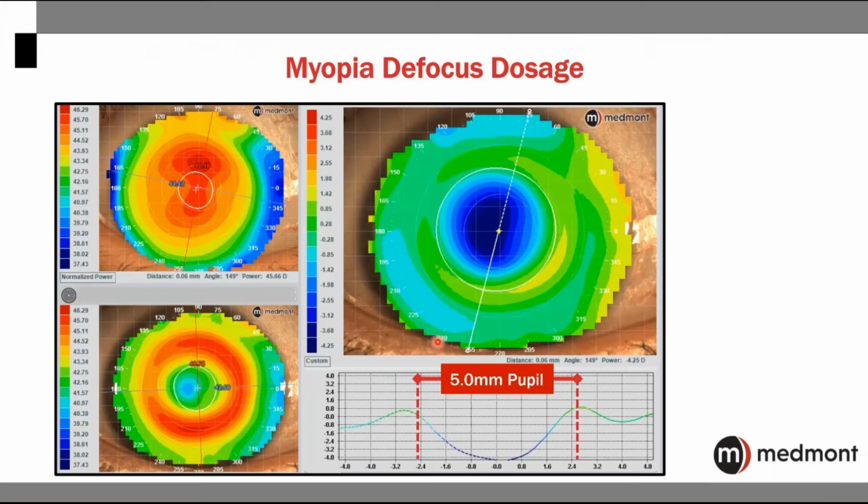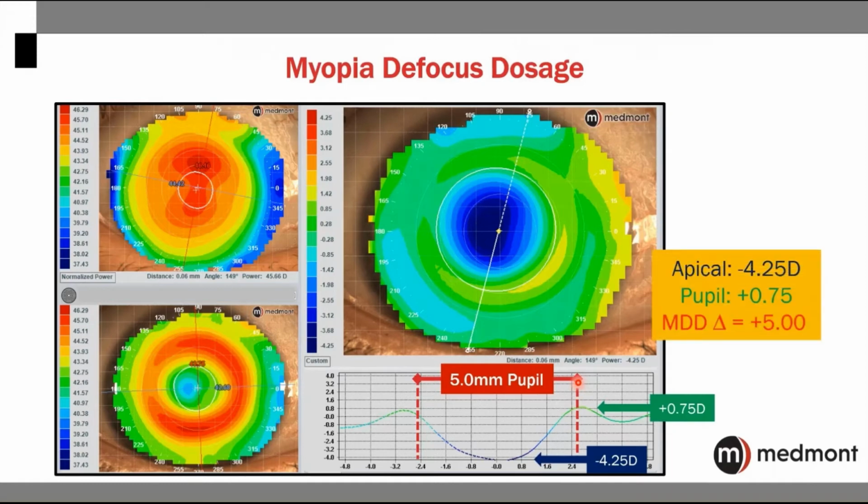Well, let's look at the axial map in a little more detail, and we'll focus in on the area of this pupil. Notice at a 5 millimeter pupil, we see the range of power spread that's distributed within that central cornea from most minus to least minus at the pupil border. If we look at the center effect, it's approximately minus 4.25 diopters. We've created a 4.25 diopter myopic reduction. If we look at the border of the pupil, it's approximately plus 0.75. So there's an absolute shift in power of 5 diopters, or you're creating a myopia defocus dosage of 5 diopters,